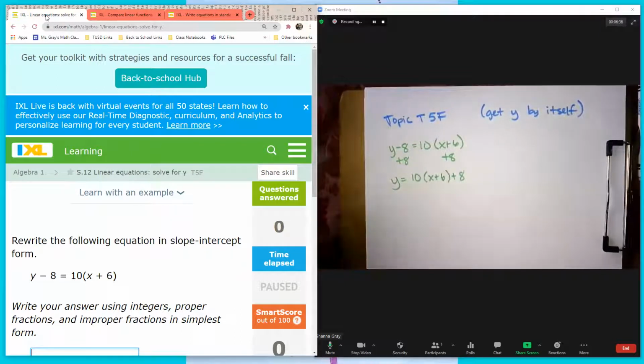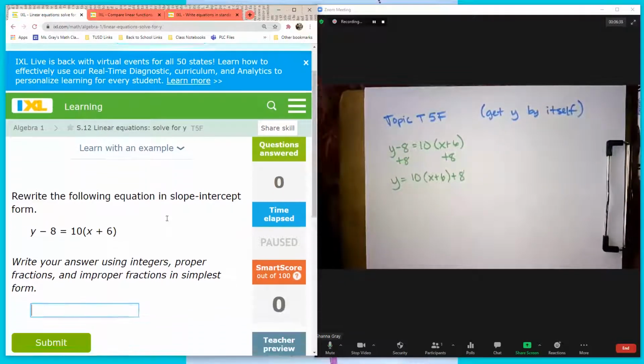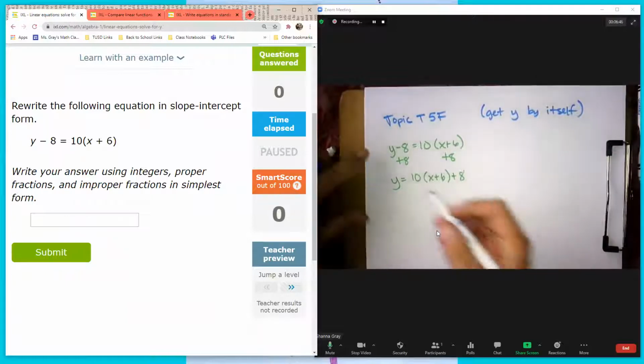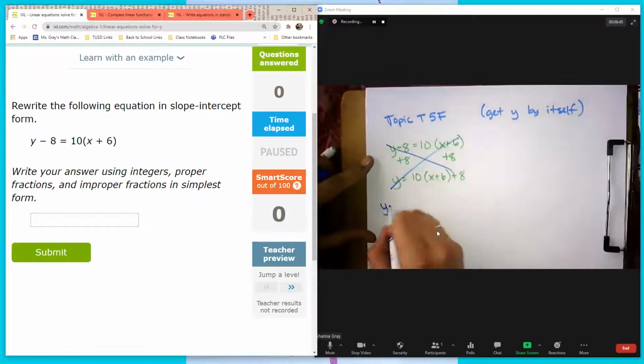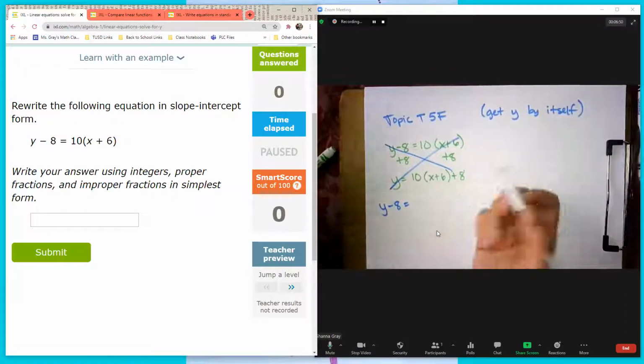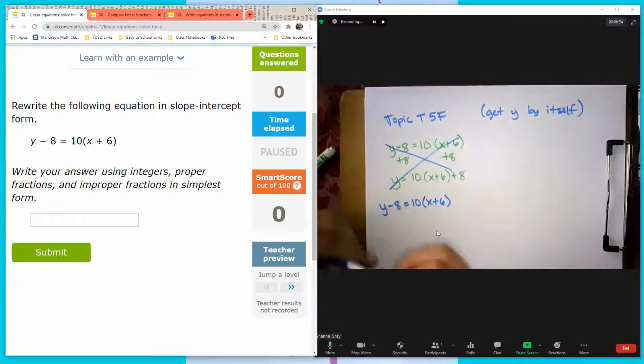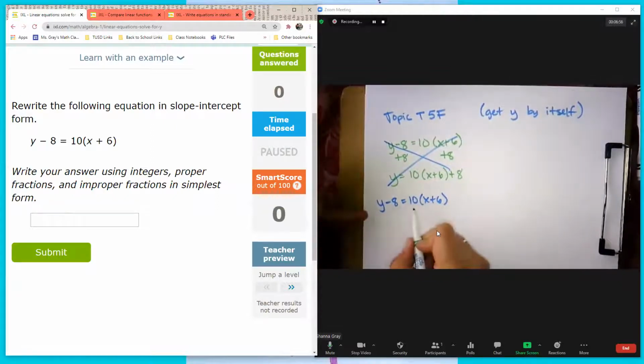The other thing, though, to keep in mind is if you look at the instructions, it does say in simplest form, which means that I can't just leave this distributive property here. So if I was going to restart this problem, just because I think it'll be easier, you could just distribute right now and be finished, but I think it's easiest probably for you to distribute here. So I get 10 times x, right? 10x,